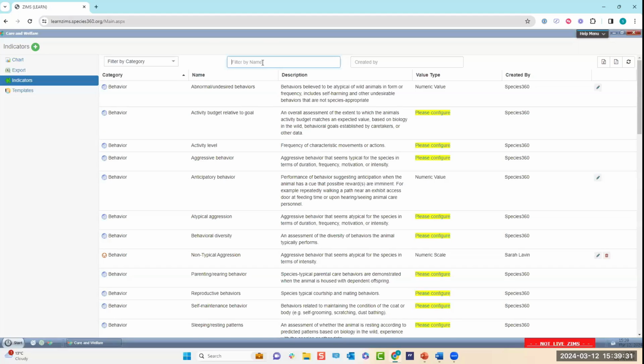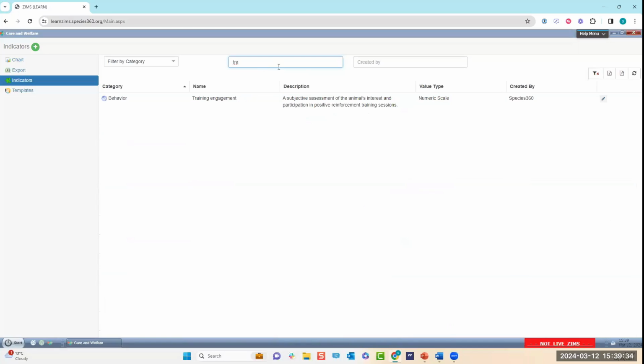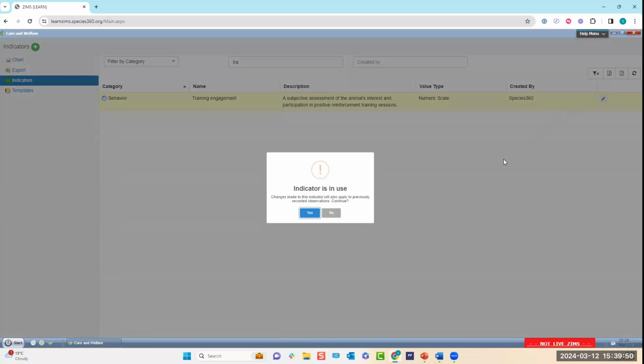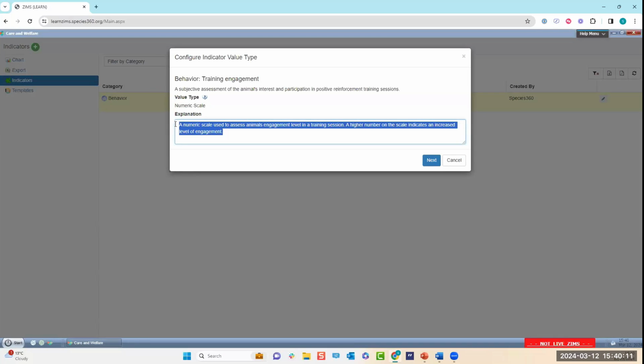So if I load up an indicator that has been configured and it's already in use in a template, and a staff member has recorded data associated with this for an animal, if I click edit, I'll be given a notification that lets me know that this indicator's in use and that changes made to this indicator will also apply to previously recorded observations. If I choose to continue, if I click yes, I will be able to edit the explanation,